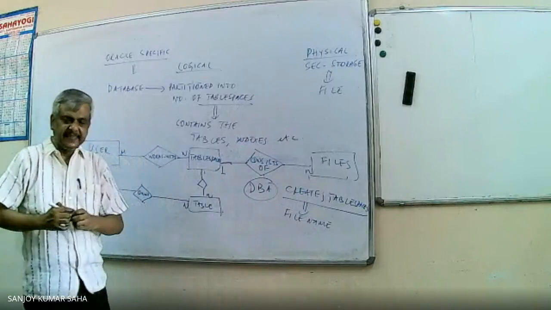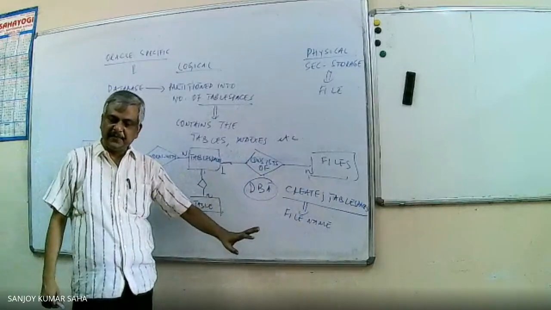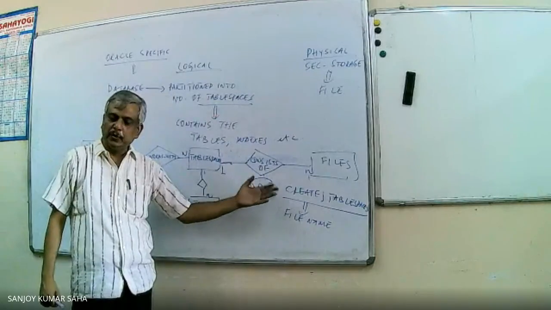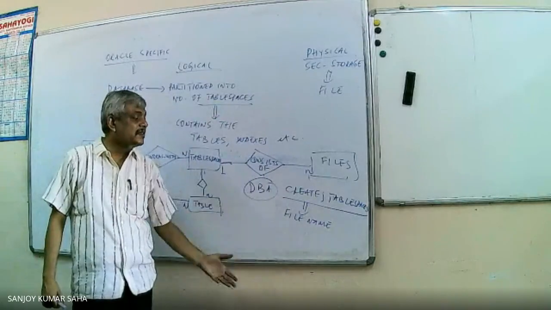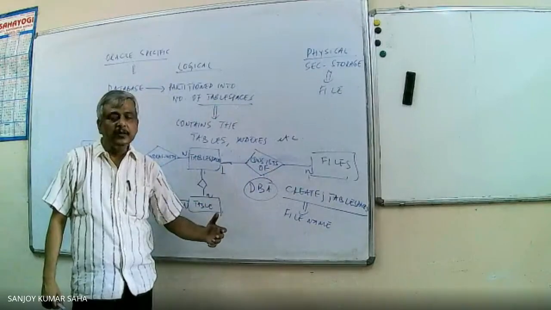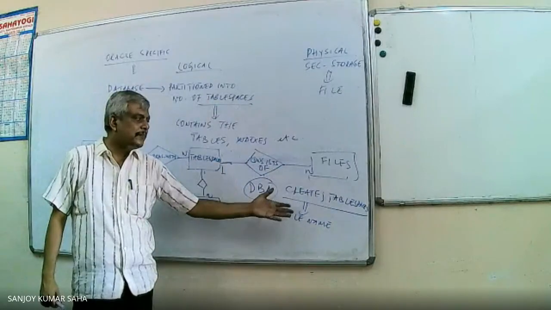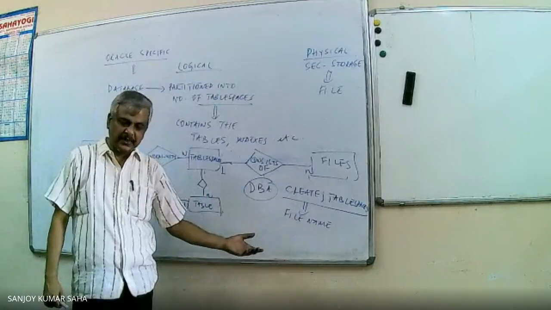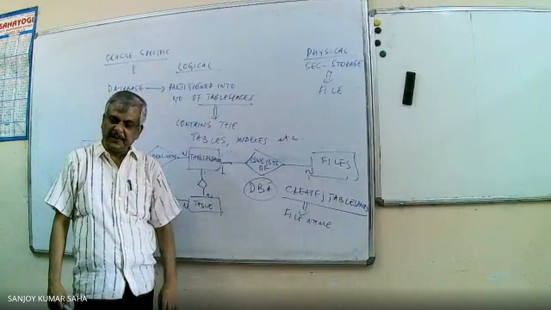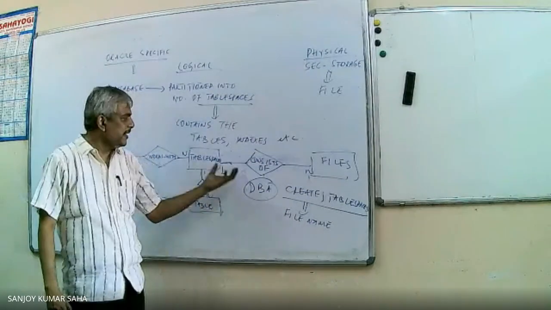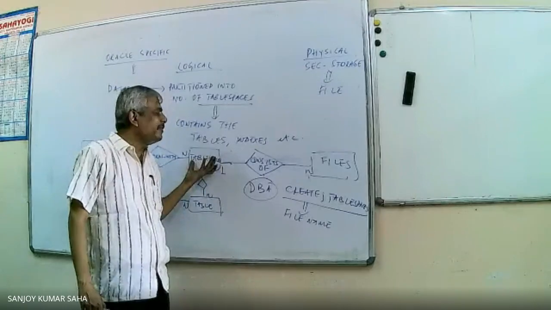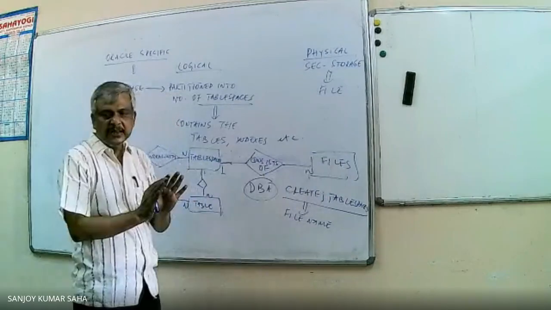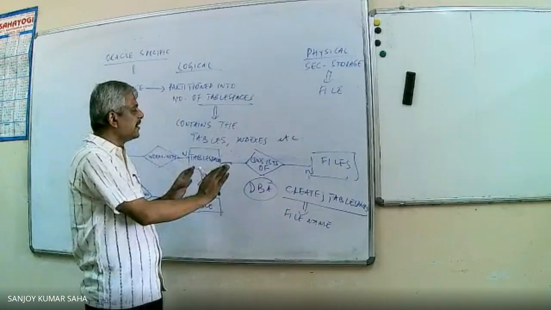File name and the size, etc., that the DB can specify. Later, there is a command create tablespace. Similarly, there is alter tablespace. If there is huge growth in the tablespace, I need more space. Say almost the file is being consumed, so I can add more files to the tablespace using the alter tablespace command. So see, physically at the tablespace level, it is related with the files. That's the only linking between the physical and the logical level.